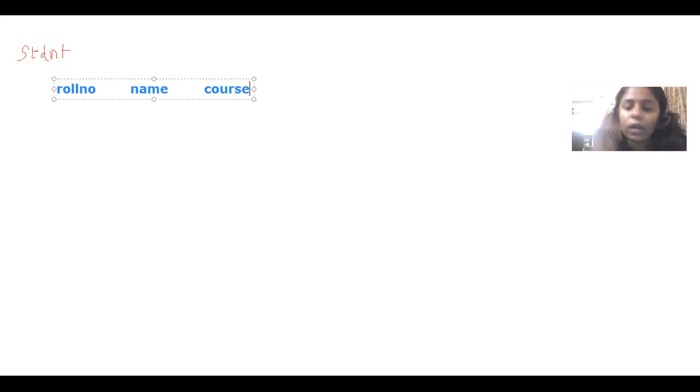So there is one table, student table, and there are three columns, or three attributes, for the table student. So the roll number will be 1. Then the name of the student will be Sai, and suppose the course, they are studying C and C++.